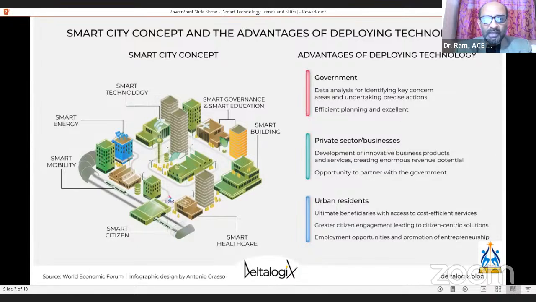Private sectors and business organizations like chambers, charity organizations, NGOs, or big institutions and industries are willing to use innovative business products and services, making them more suitable for revenue creation and revenue management. There are a lot of partnering opportunities with the government for private sectors, like our Aadhaar card, also one kind of supporting device, or online applications for passports, or starting any business through online registration and so on.